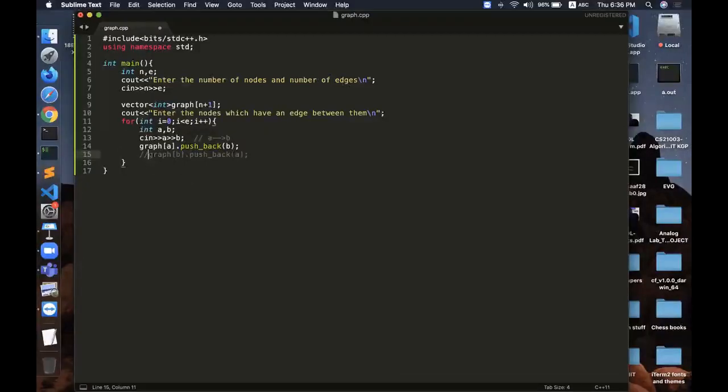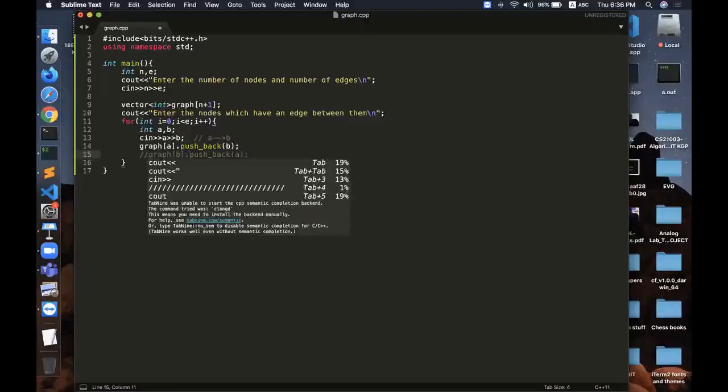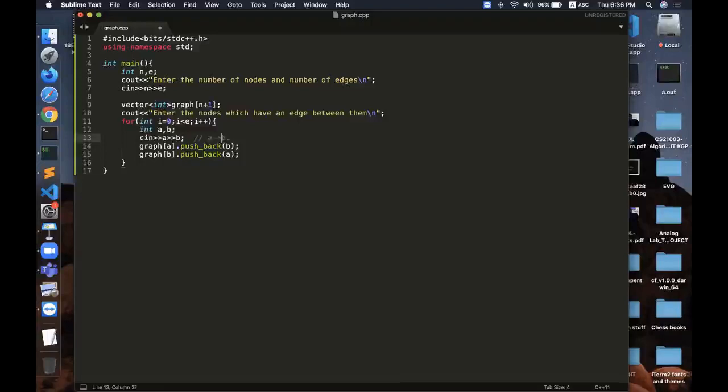You should only push b into the adjacency list of a. There is no need to push a into the adjacency list of b. But since my graph is undirected, from a I can go to b, and also from b I can go back to a, so that's why I'm inserting this.